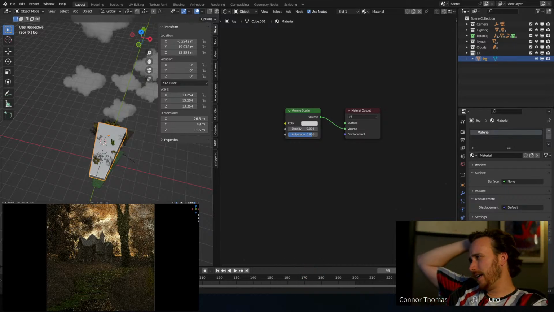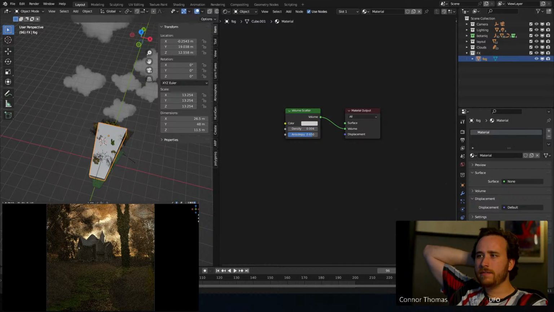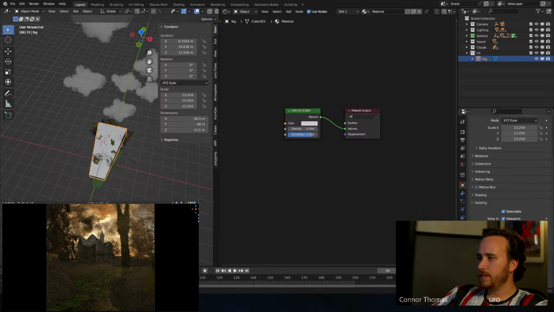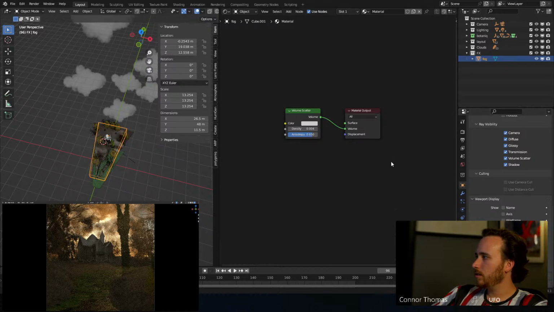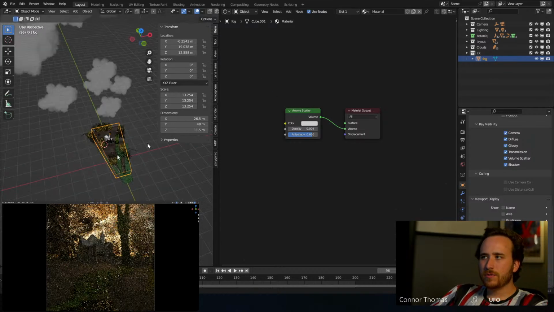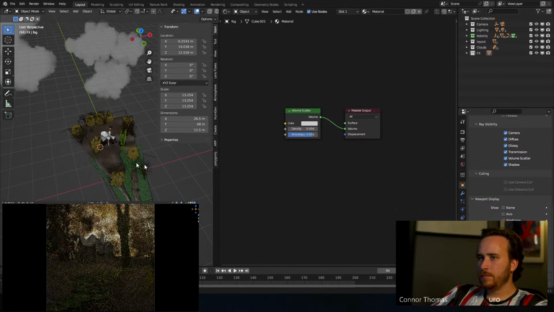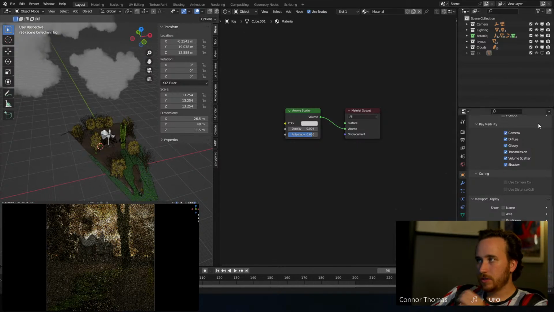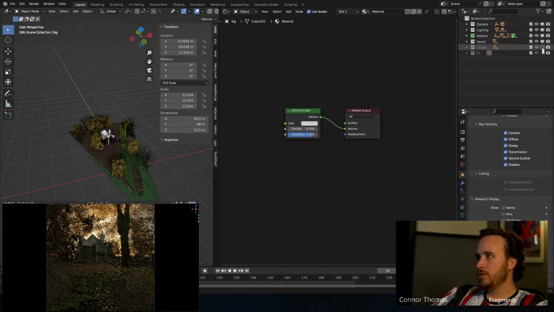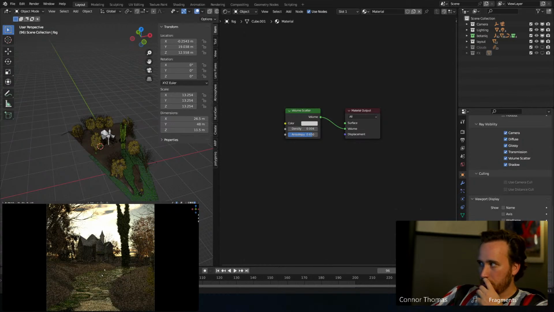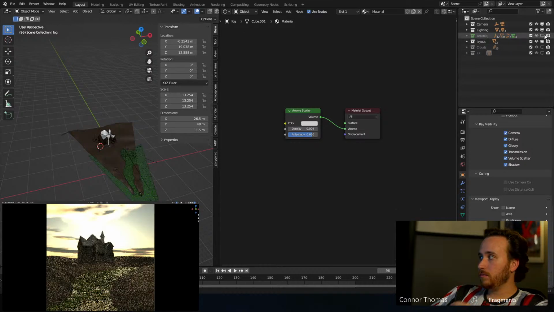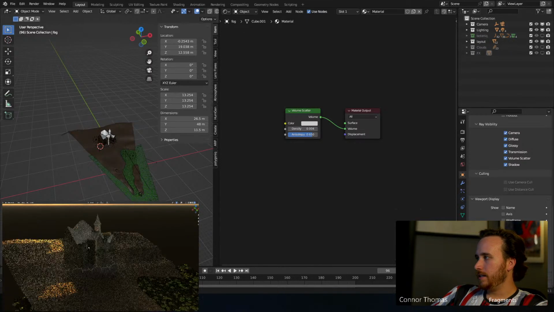Just testing out the intricacy settings that we'll need and the density of the fog. While we're waiting for that, I can go to our visibility settings and change our viewport display to wire. Cool. I think that works for us for right now. I'm not going to worry about it. We can turn that off because, again, we're not trying to have a crazy render time as we're just working on shading stuff. So we can turn off most of this